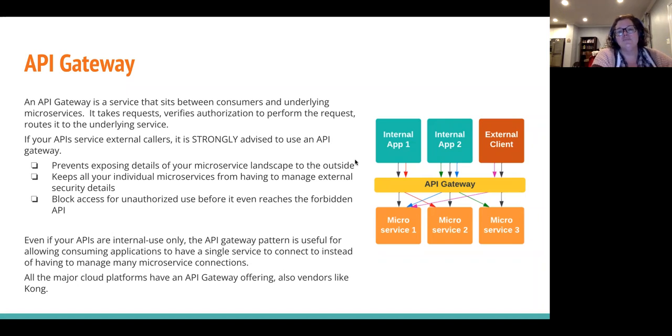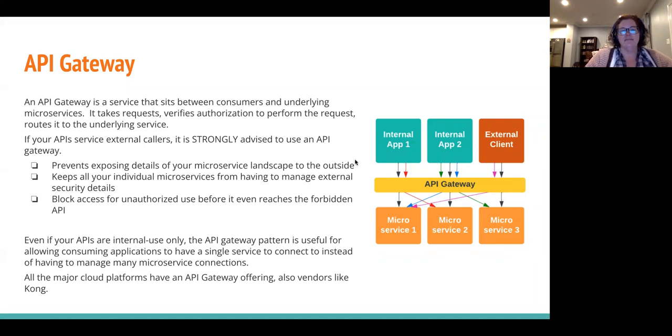Now, you can have a completely separate read-only database. There's no reason that you can't do that as well. But I wasn't saying that the microservice itself had to be read-only. I mean, honestly, you can do it a bunch of different ways. Does that answer your question? Okay, cool, thanks. All right, so back to API gateways.